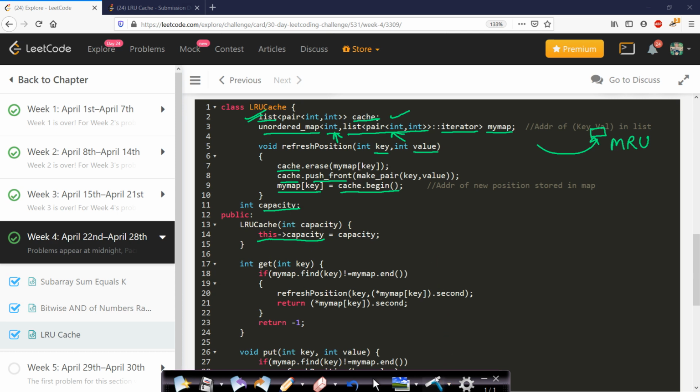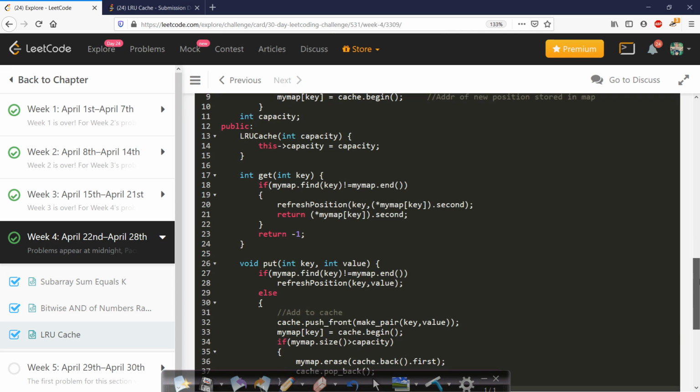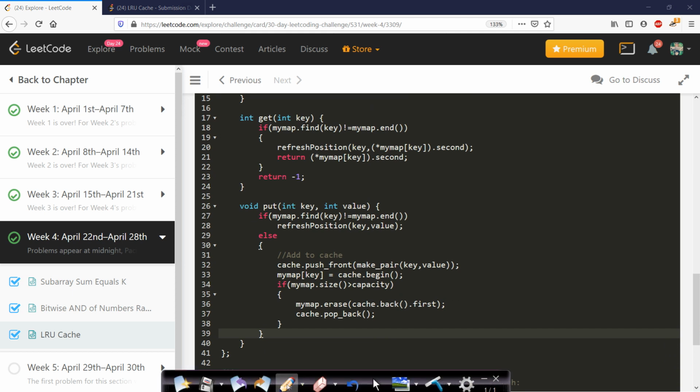So this pointer is being used to populate this capacity with the capacity which has been passed while creating an object. Now we needed to implement 2 functions, which is get and put. So let us see how they are implemented. Get basically means your cache is having some pages and you want to access a page and see if it is present. So the first if statement says that if there is a hit, that is if the page which has been requested is present, then we will update its current position, since the page being requested becomes the most recently used now, and so it has to be added to the beginning of this cache list.